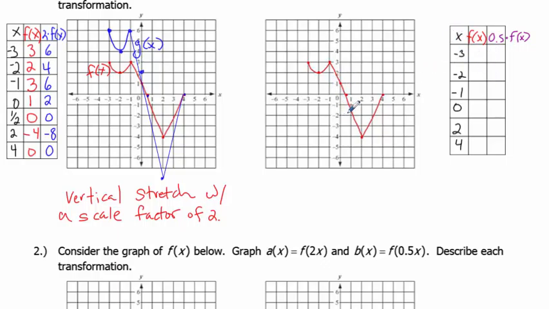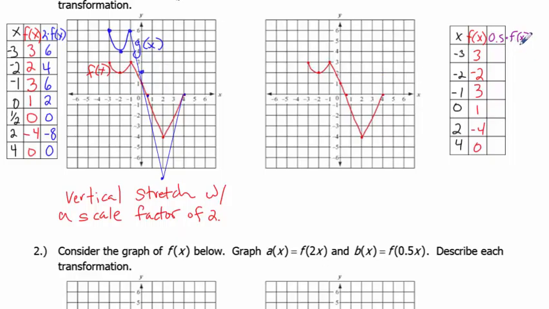And now what I'm going to do is get the y values. Negative 3 is, again, 3. And negative 2 is at negative 2. Negative 1 is up at 3. And then we're looking at 0, 1, 2, negative 4, and 4, 0. Okay, now let's find the y values